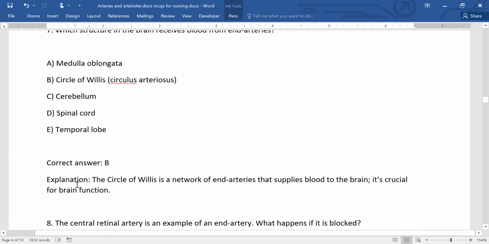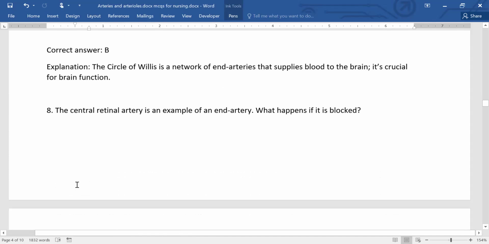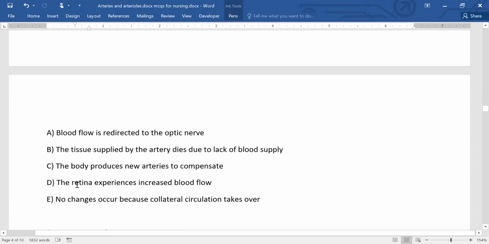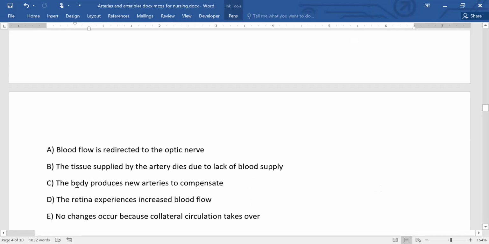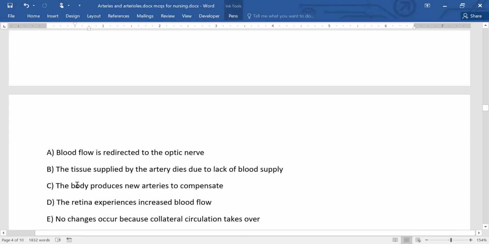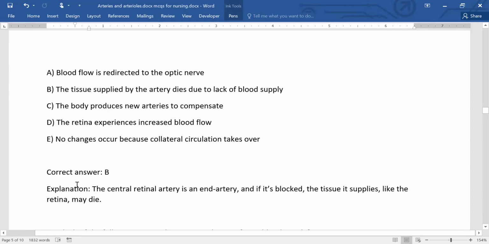The central artery of retina is an example of end artery. What happens when it is blocked? So again, what happens? The retina experiences increased blood flow, no change occurs because collateral circulation takes over, the body produces new arteries to compensate, tissue supplied by the artery dies due to lack of blood supply, or blood flow is redirected to the optic nerve. So the correct answer is the tissue supplied by the artery dies due to lack of